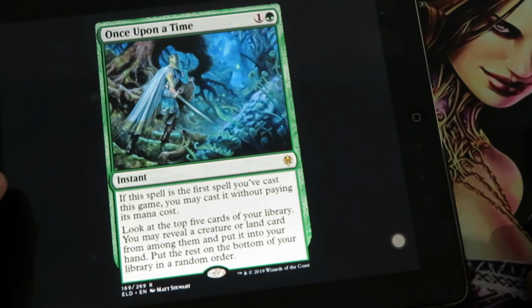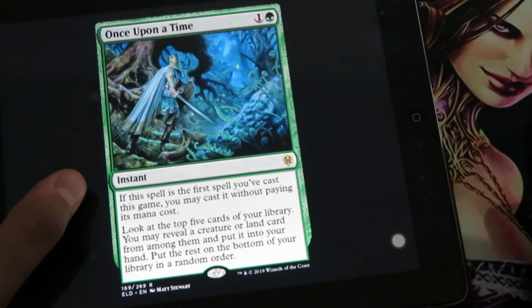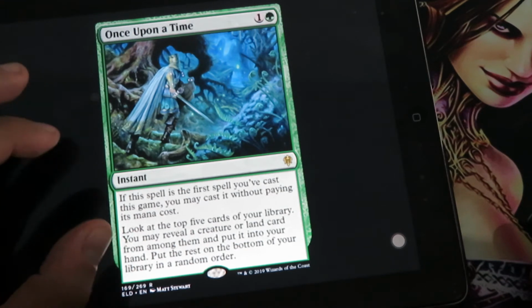Once Upon a Time. It's a 1 and 1 green. If the spell is the first spell you've cast this game, you may cast it without paying its mana cost. Look at the top 5 cards of your library. You may reveal a creature or a land card, put it into your hand, and the rest on the bottom of your library in a random order. This is a very interesting card. First on its own,